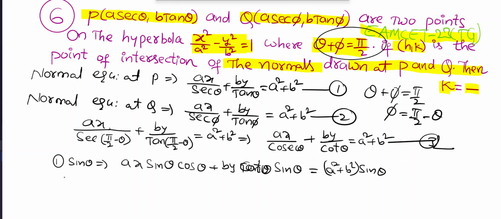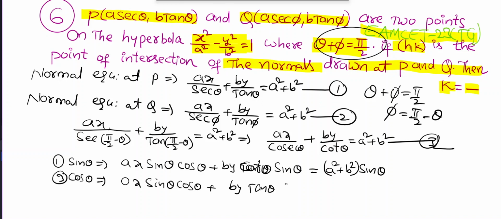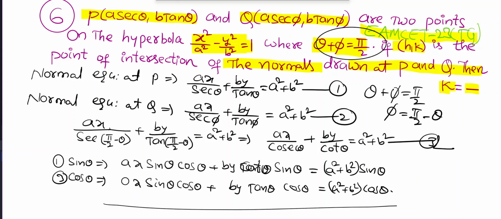And the third equation, multiplying by cos theta: this is ax into 1 by cosec theta, which is sin theta, times cos theta, plus by into 1 by cot theta, which is tan theta, into cos theta, that is equal to a square plus b square into cos theta. Subtracting these two equations,